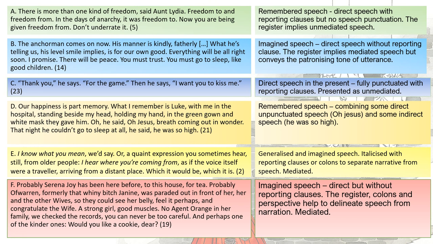In the second example, B, we get an example of Offred imagining speech, which we're set up for. His level smile implies what he's telling us. She's actually exploring here, through the appearance of his face and his tone, the way that she's kind of imagining what he's actually saying. But this is mediated speech. This isn't what the anchorman is saying. "Everything will be all right soon, I promise. There will be peace. You must trust. You must go to sleep like good children." It's actually got this patronizing, fatherly